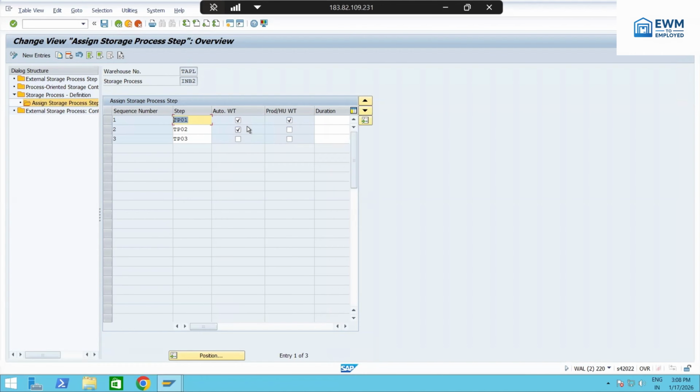Now TP03, again, this is automated, because automatically, you saw, as soon as we confirm this warehouse task, the second warehouse task automatically got created, right? Moving the stock from the GR zone to 8010. Remember? Then using TP03, do we want to create the warehouse task automatically? No, we do not, because